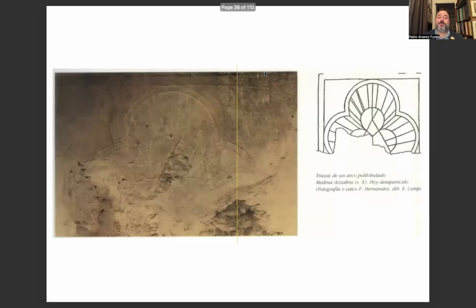So these historical sources, sometimes, again, coming back to what I said, they are in the buildings. For example, this one is like a tracing in plaster of an arch in Medina Azahara. This has now disappeared, doesn't exist anymore. I think it was destroyed in the Civil War, unfortunately. But through that picture,